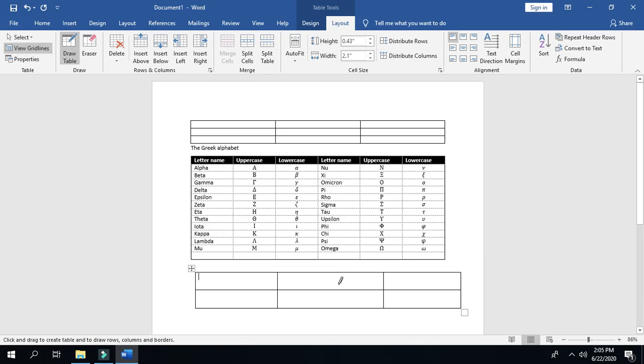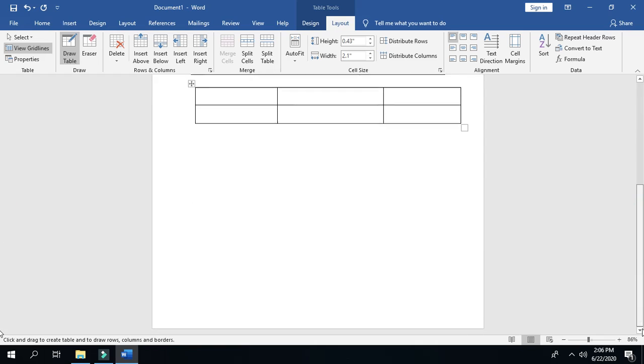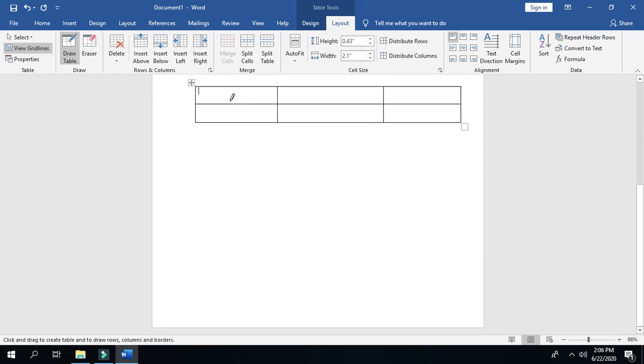The next topic is entering the data in a table. Entering the data in a table means writing the data inside the cells. Cells means boxes. So to write anything inside a particular box, we will click inside a particular box, then we will use keyboard to type the data.